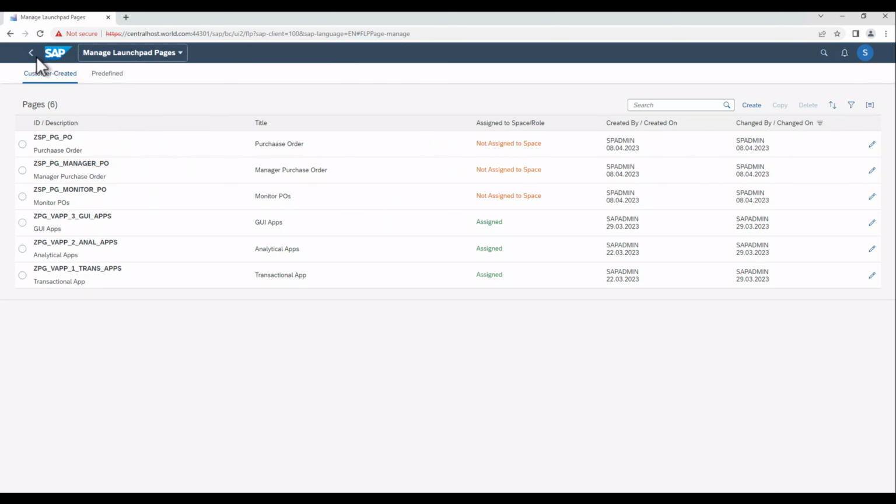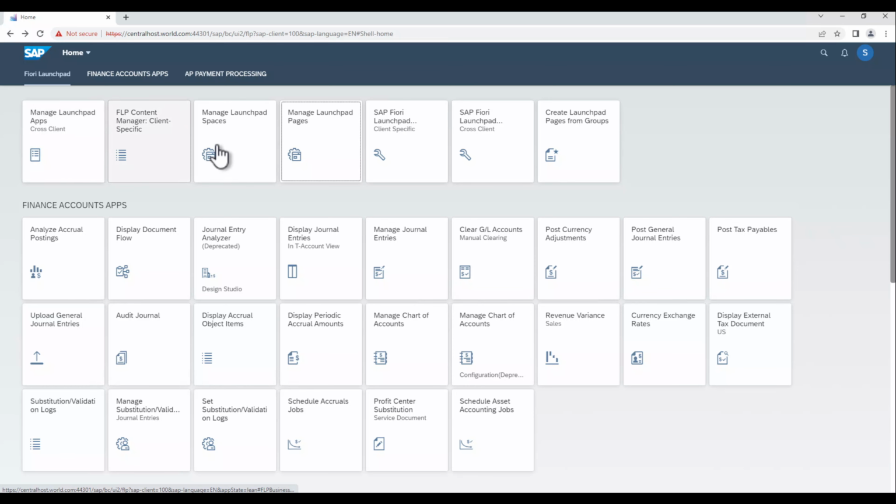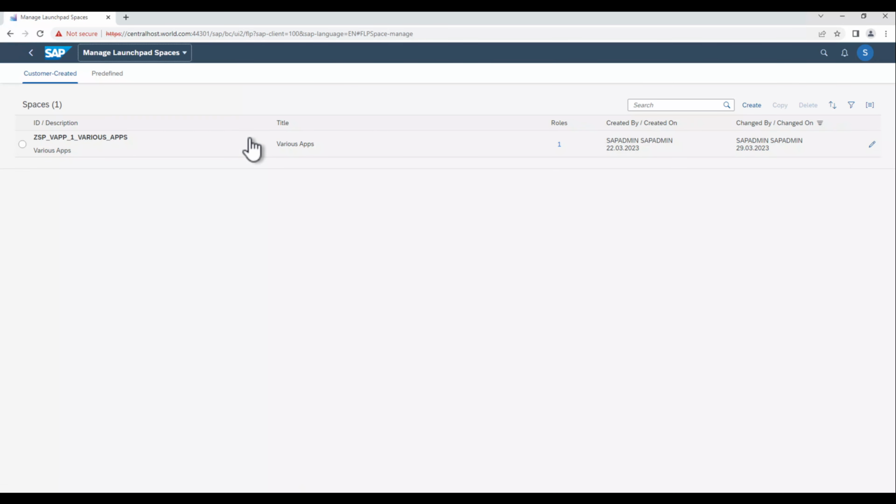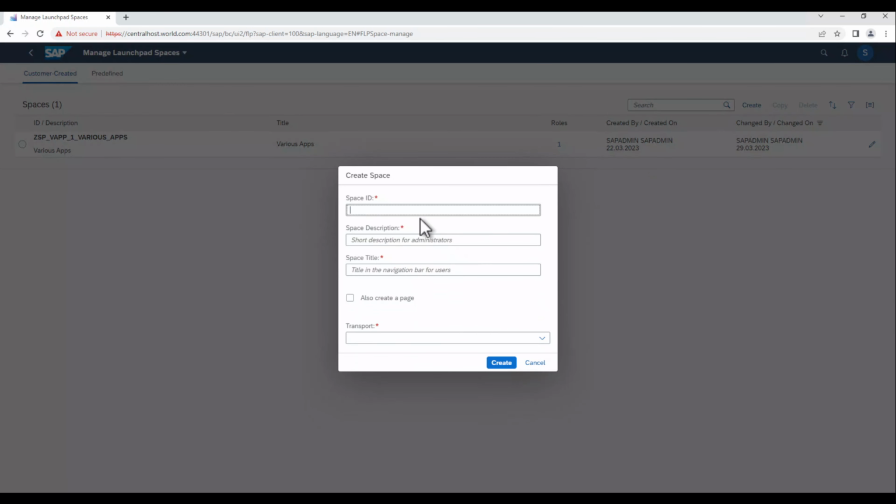Okay. So what I do now, I'll go to my spaces section. And if I want to create a new space, I will create a new space. Okay. So I'll create a new space so that we can kind of revise how to create spaces. So I will say space, give a description